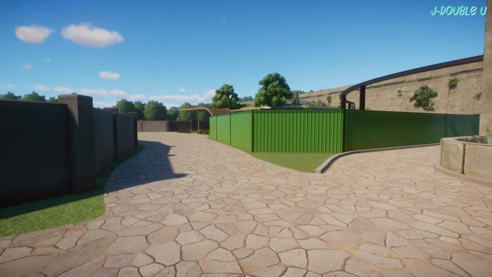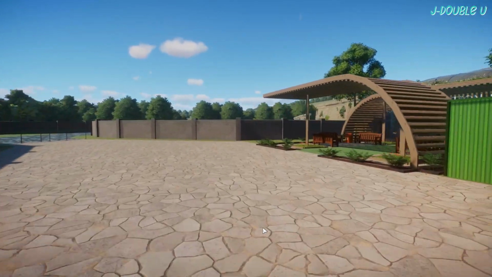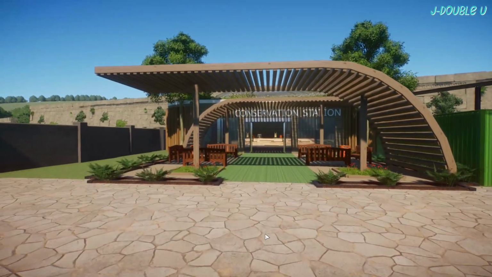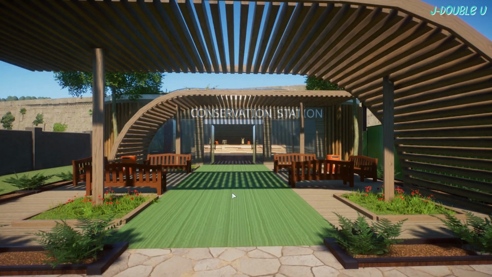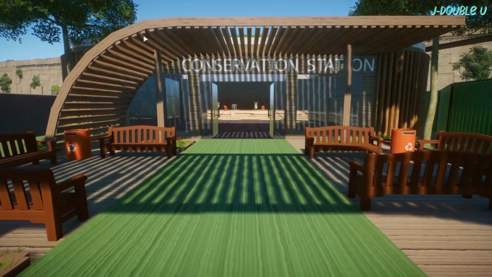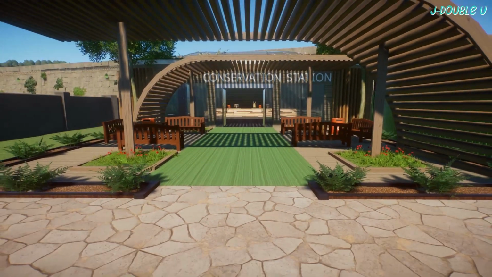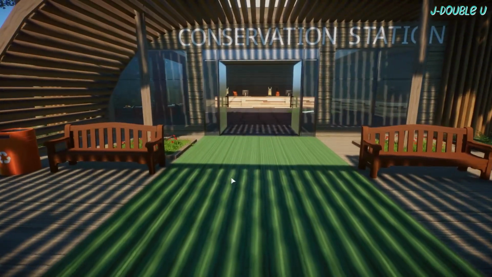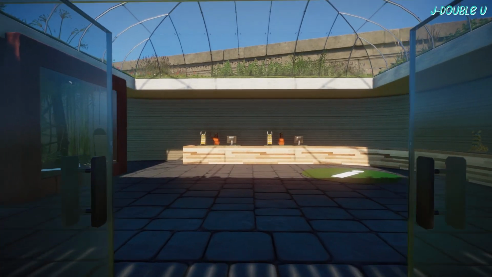So you come down this path here and you arrive at the conservation station. So it does utilise one of the blueprints from the conservation pack, which is this arch thing here. So this one and this one. I've put the benches in, and then this building at the back is completely custom. It's not finished yet, but